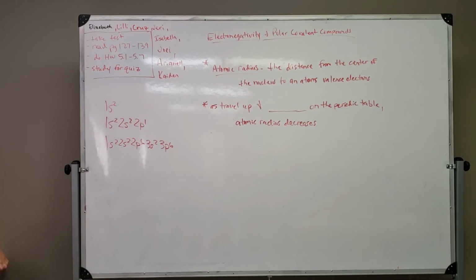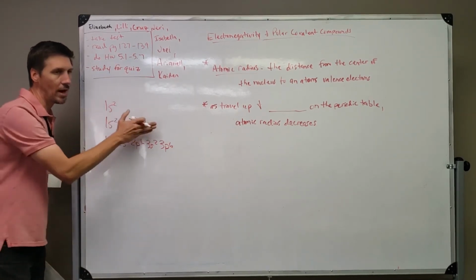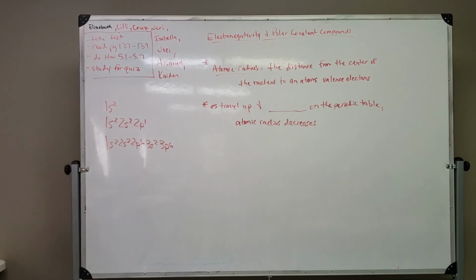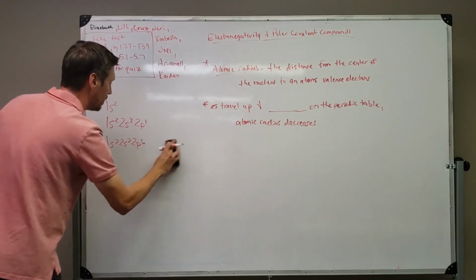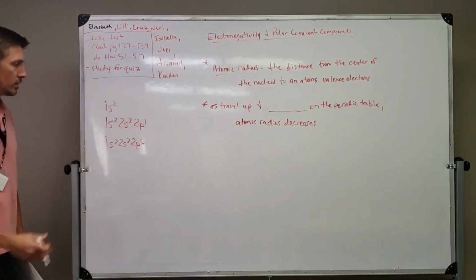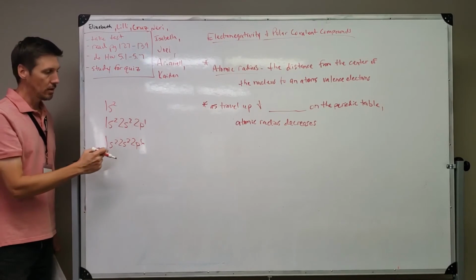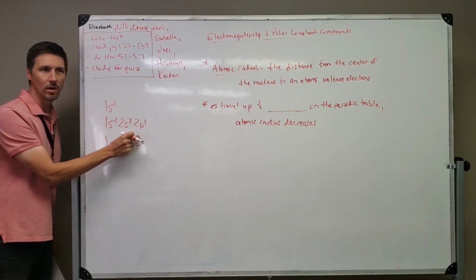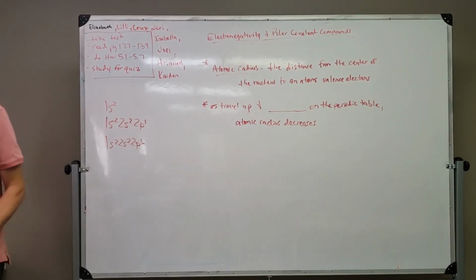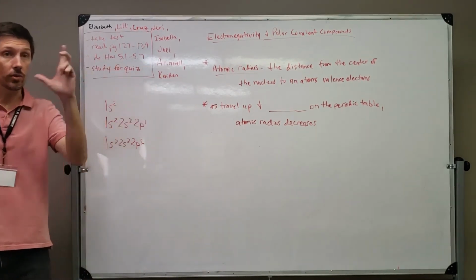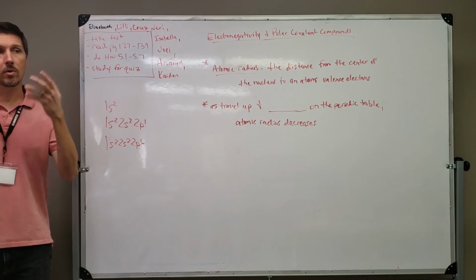Okay? Now what if you travel more to the right in this row here? Let's say you go from boron all the way to neon. Boron looks like that, but neon looks like this. It's got the same orbits here, but the only difference is it's got more electrons in that outer orbit, right? So what happens is as the number of electrons increase in that outer orbit, remember what's in the middle